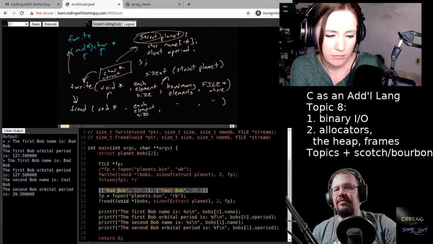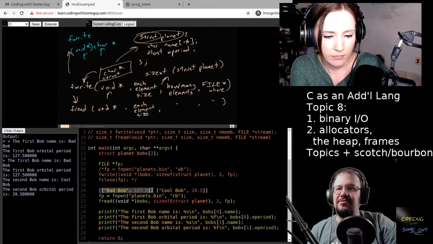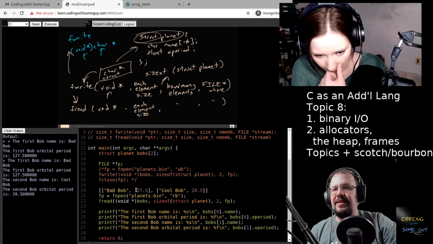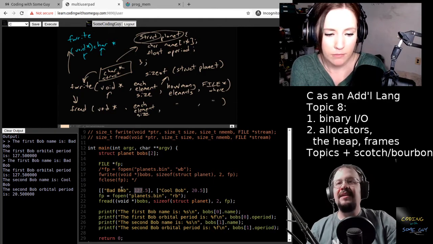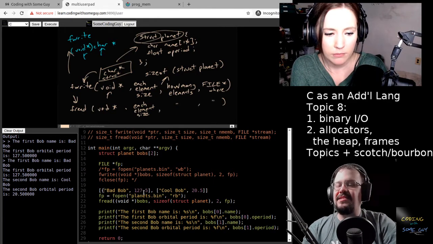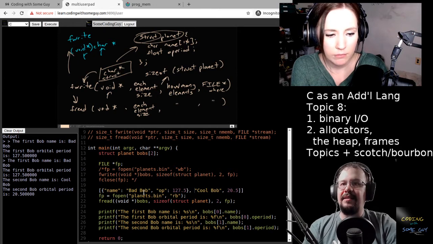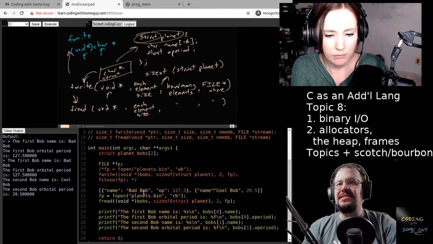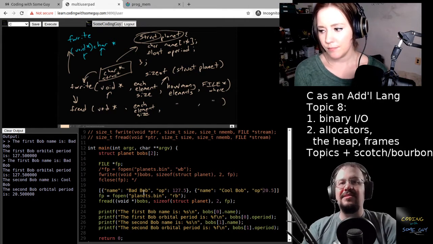Because you know where Bad Bob starts and ends. It ends in between these quotes. And you know that I'm following the same pattern for each of these entries, because I've got a string name and then I've got some sort of number. Now, I don't know what the number is because it's not specified here, but I could change my format to do that. I could say name is this thing, and then I could also say OP is this thing. This is kind of nice because this is data descriptive. It includes the description of what the data is in the data.